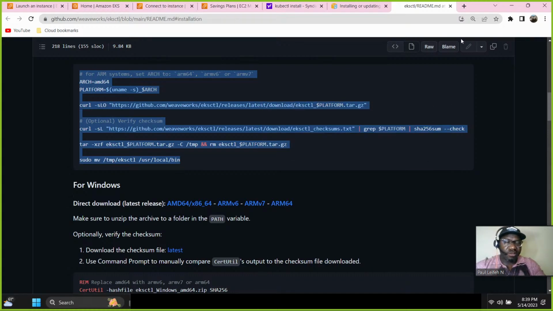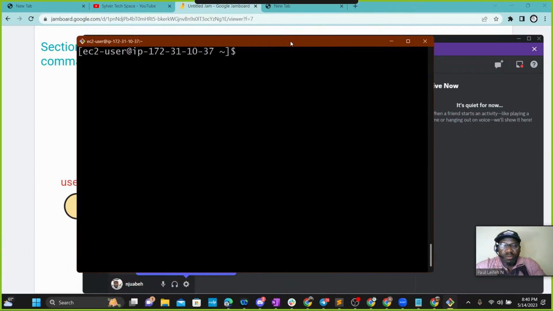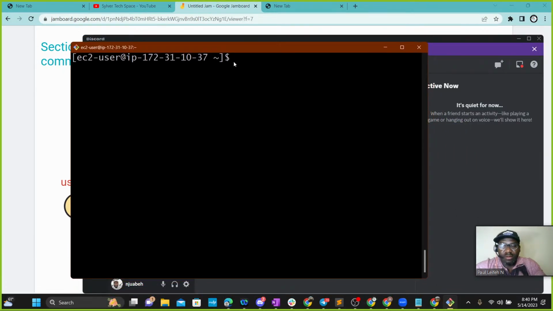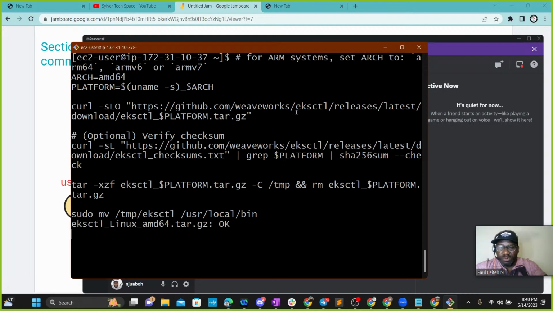It doesn't hurt, guys. Just grab everything, and once you get that, go to the command line. Let's provision this on your command line. And once you do this, it's going to,